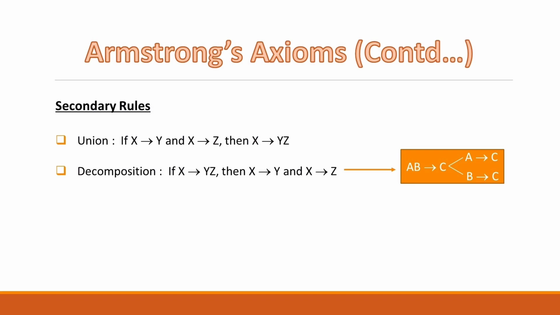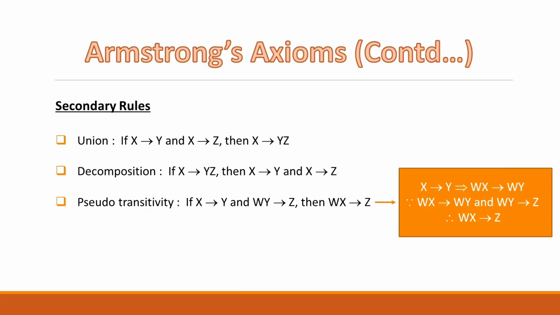Suppose there is a functional dependency from AB to C and we apply decomposition rule on the left hand side. So we get two functional dependencies, A to C and B to C. But these two functional dependencies are completely invalid, because previously C was dependent on both A and B, but now you can see C is dependent only on A or only on B, which is impossible. So always remember, never apply decomposition rule on the left hand side of a functional dependency.